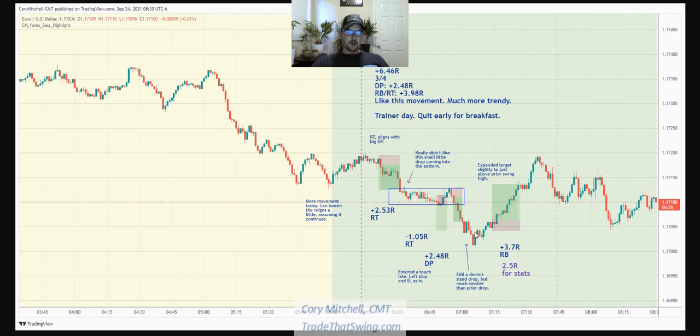Pretty classic rounded bottom here. This was a little bit of an acceleration here, but if you look at this drop, this is a pretty big drop, just straight red bars, the push up, and then it's only a couple little red bars. So in my opinion, even though this was still a decent sized drop, it's not quite the slowing that we saw here. This is, for this wave, a slowing, because it started out really fast, popped up, and then this one has a lot less momentum than this one did. So that is a slowing, the push back up, and then we have this beautiful little stall out here,